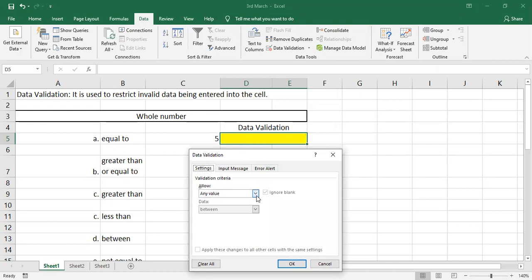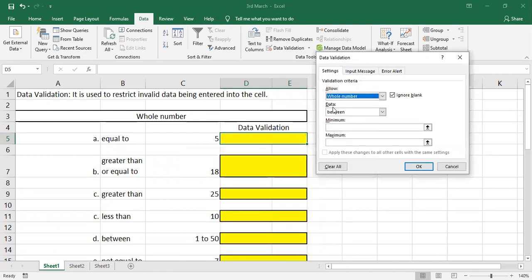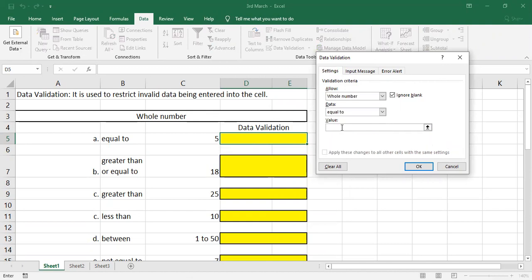So here I'm selecting Whole Number. When I selected Whole Number, it shows Data. What is my condition? I want the cell to accept only the number 5, so I'll give equal to, and the value 5.